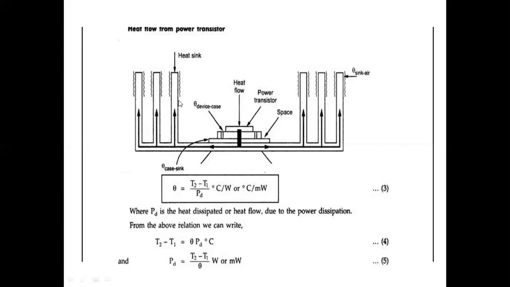This figure represents the heat sink whenever it is connected to the transistor. Here we have a power transistor, and the heat flows in that power transistor. Whenever extra heat is generated, it will be passed to the surroundings through this heat sink. These are the terminals of the heat sink, and by the use of these terminals, the extra heat or temperature will be delivered to the outside.